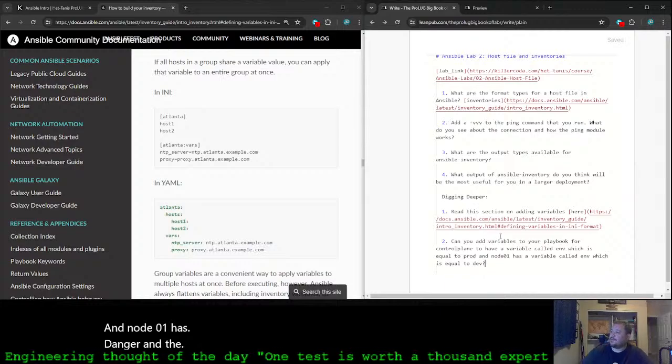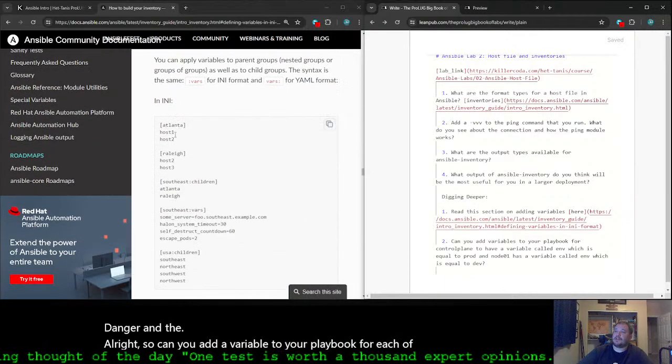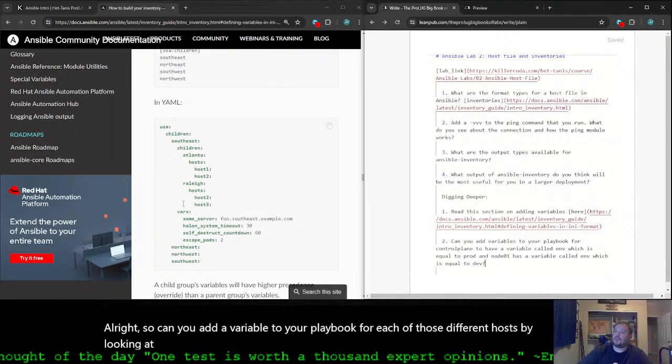So can you add a variable for each of those different hosts by looking at this and figuring out how you would add those variables?